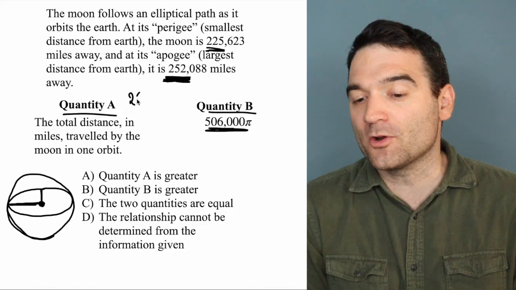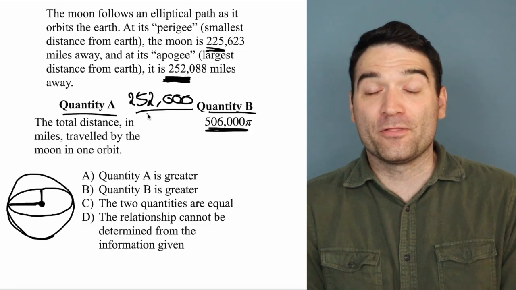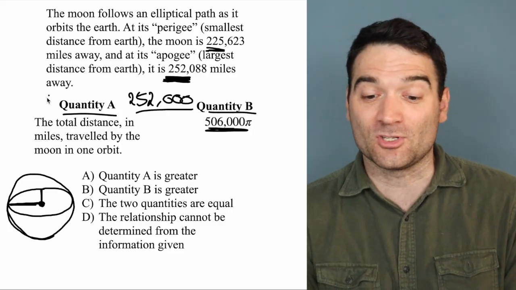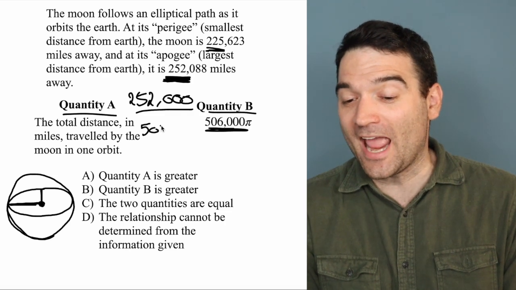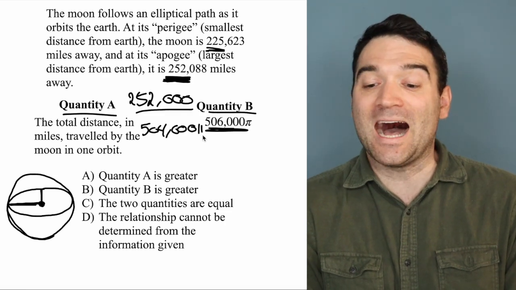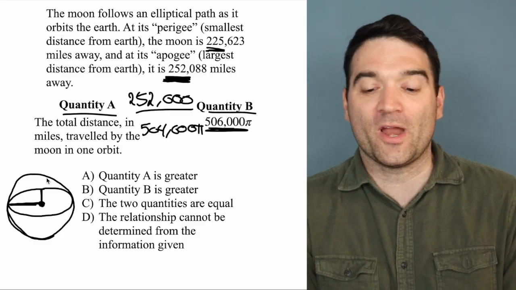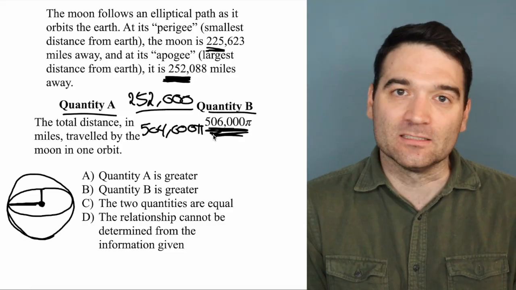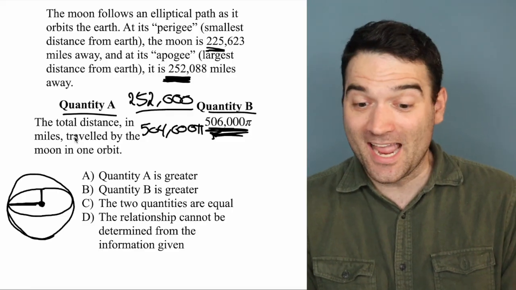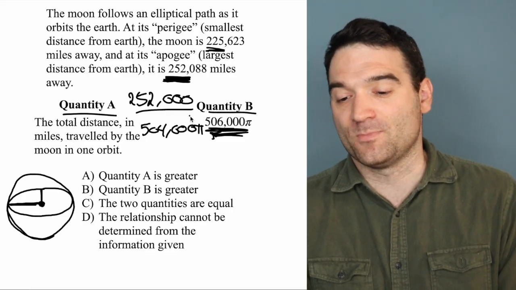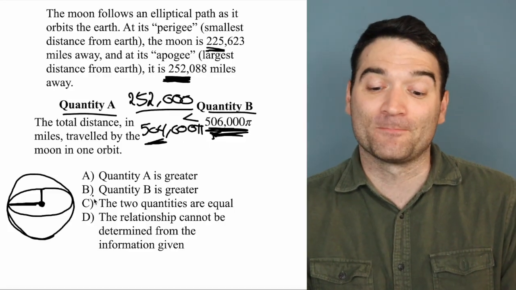If the radius is 252,088 miles, right? Then the circumference is 2 times pi times r. That's a little refresher of a formula that you need. And that becomes 504,000 pi. Well, even in the extreme scenario, this circle is already way too big for the ellipse. It's still smaller, right? It's still smaller than quantity B. And so I can say that the total distance traveled must be smaller than 506,000 pi, because already 504,000 pi is way too big. Correct answer here is